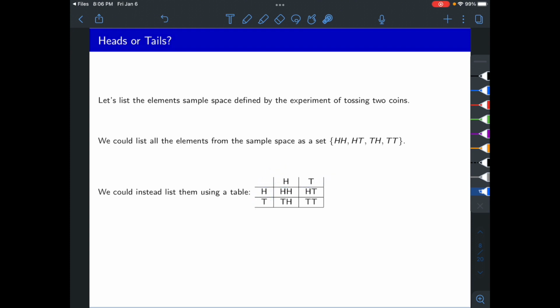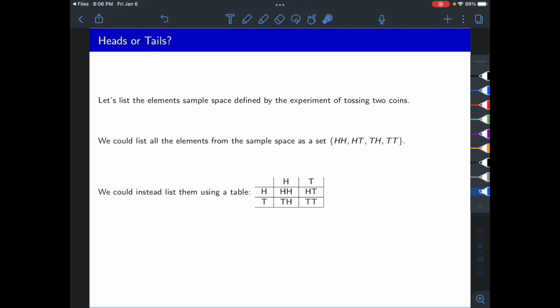So maybe if your experiment is rolling a 10-sided die, then you might have the numbers 1 through 10 for the first row, and then 1 to 10 for the column, and then